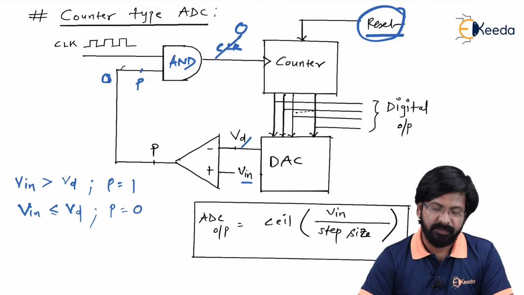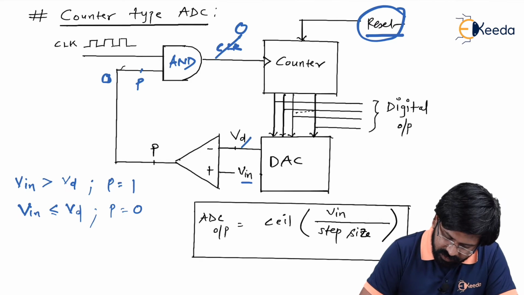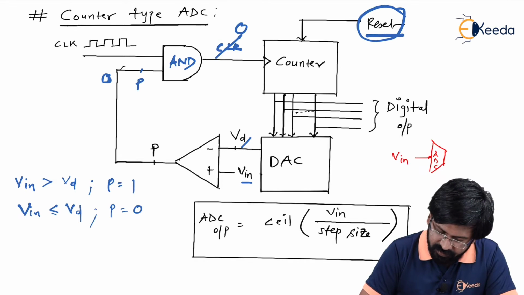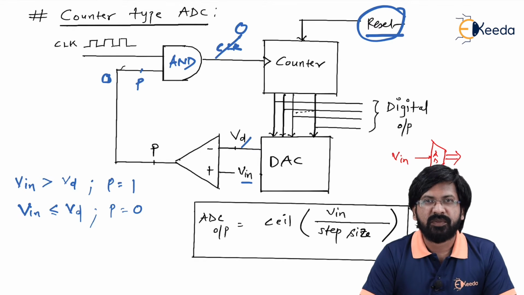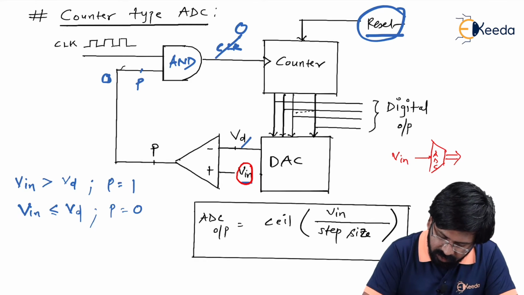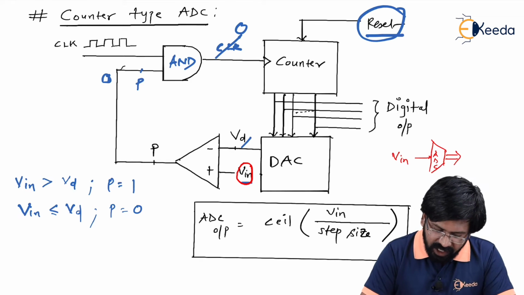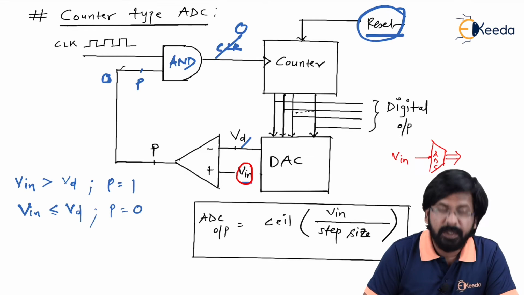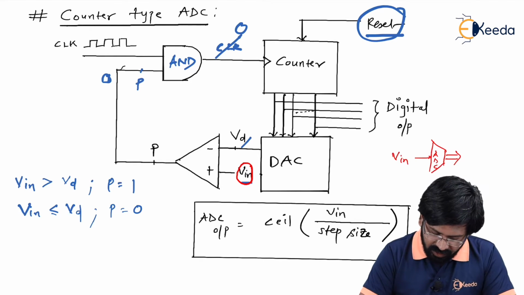Now let us understand the working. First of all, ADC is a device which takes input voltage as a data and gives you output as digital data. So basically it is a voltage to data converter. Input is voltage, output is data. As you can see here, this Vin is the input voltage that we are applying as the input of the ADC, and after a huge process, whatever is displayed as a digital output on the counter will be considered as the ADC output. So now we will see how it works.